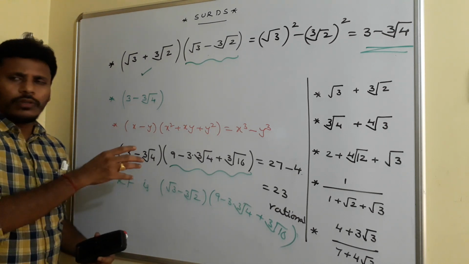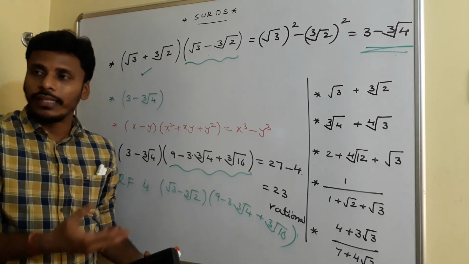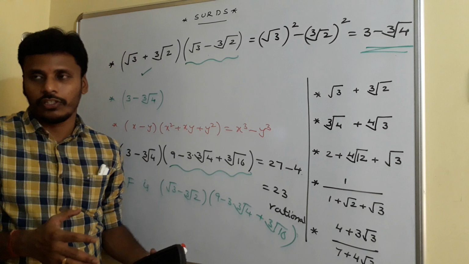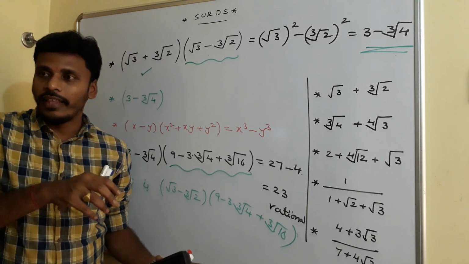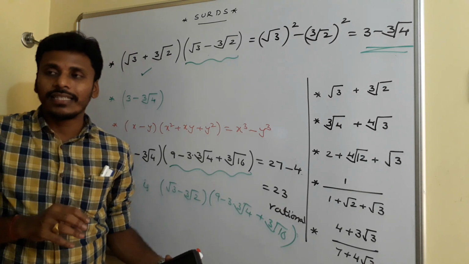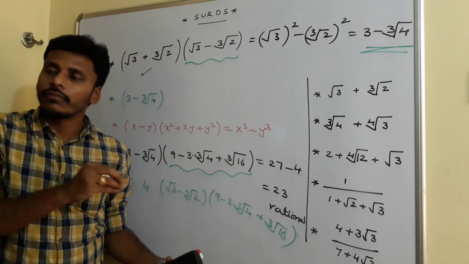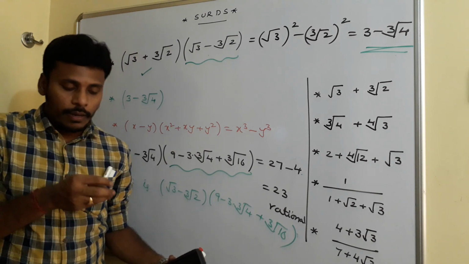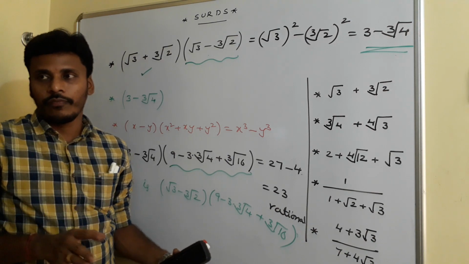I already told you, actually finding rationalizing factors for cube roots, fourth roots, and more than that is not necessary much, right? They have very little weightage in competitive examinations. The basic thing is you need to know rationalizing factors for the quadratic set, that means binomial sets having second order, and binomial sets having third order. That's enough, right?